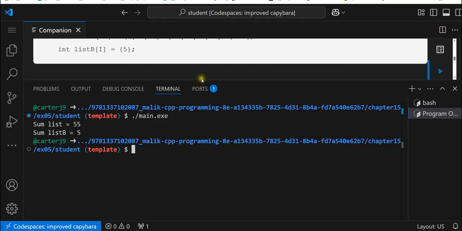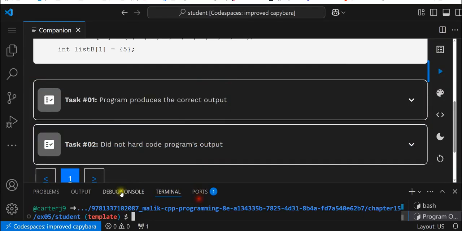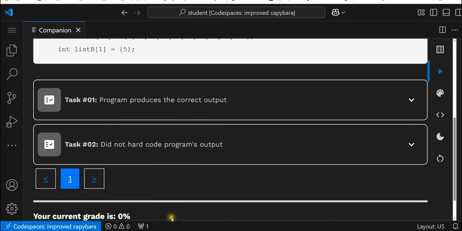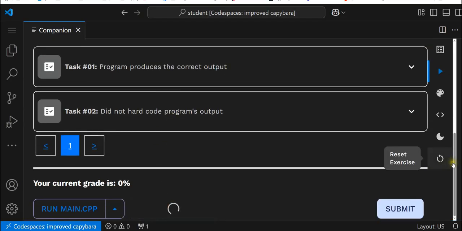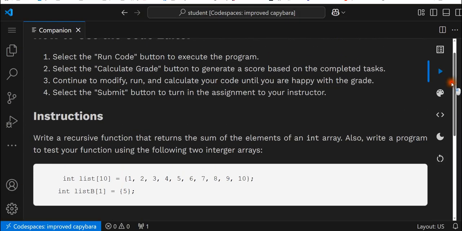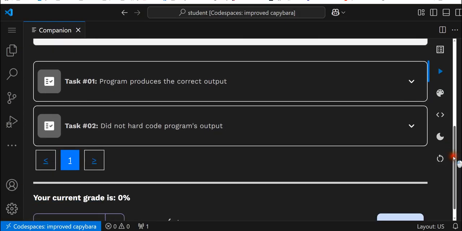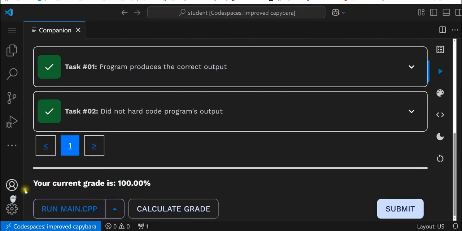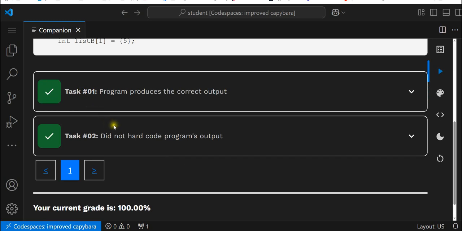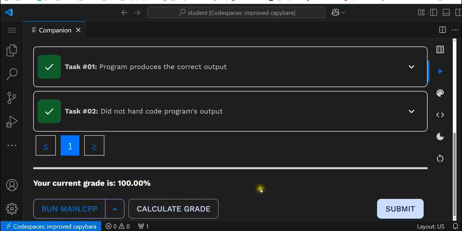And 5. Alright, so that looks good. So let's go ahead and calculate that. Alright, and we have our green. We have our task 1, task 2 is green, and we have 100%. So let's go on to our next